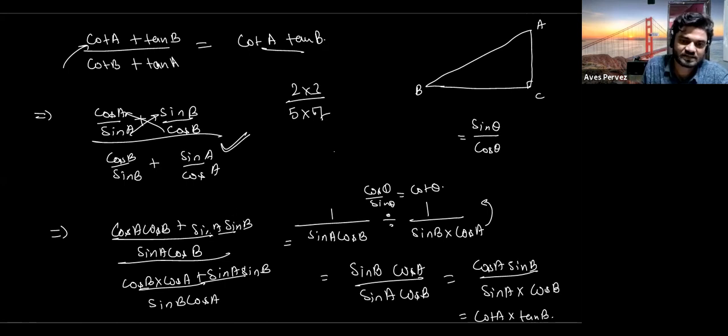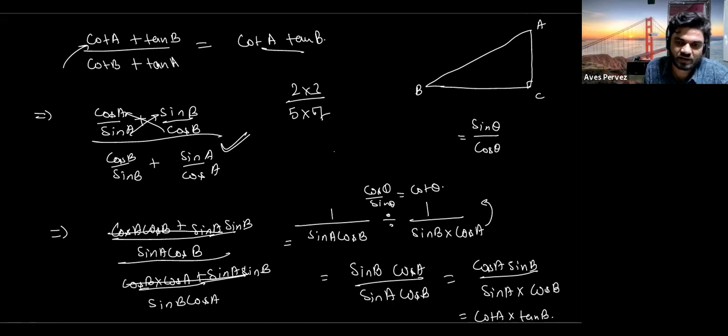When these are multiplied with sin a sin b, we get sin a into cos b. In the similar way, this one multiplied with this one, you will get cos b into cos a, and here sin a into sin b. And again sin a sin b into cos a will be the same. So you are seeing that here we have cos a into cos b plus sin a into sin b. The numerator is exactly the same in both, so this will be cancelled out, and this will go to the numerator and this will become the denominator.